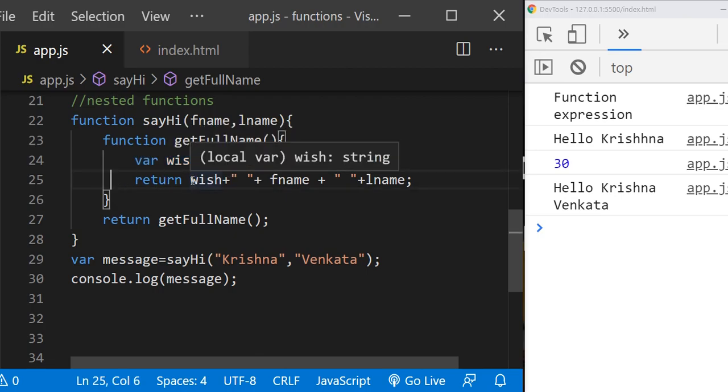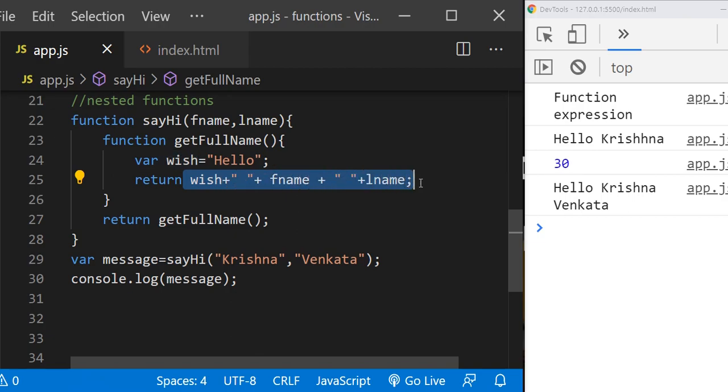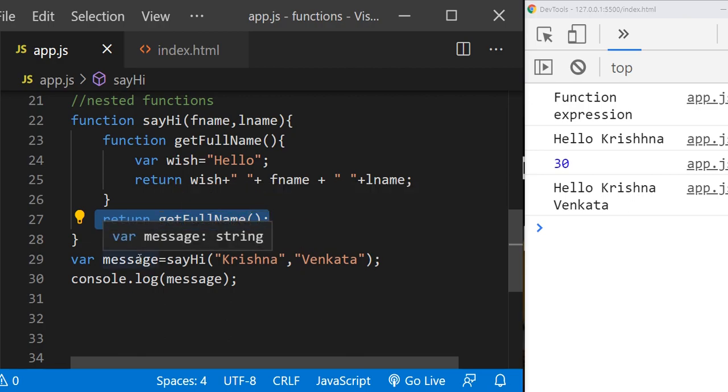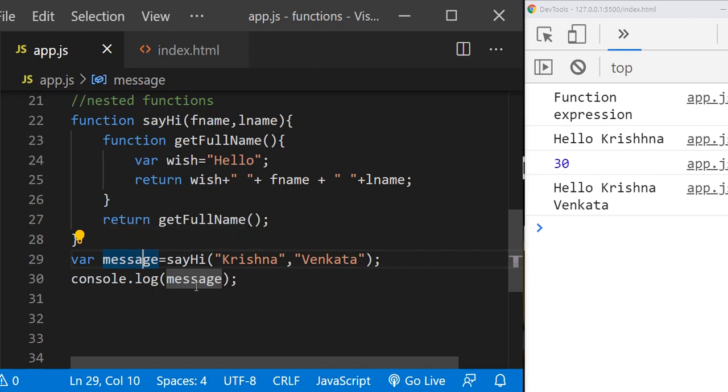Now it will execute this expression, wish plus first name plus last name, meaning hello Krishna Venkata, and it will return it. Once it returns, it comes back here, and from here it returns the value hello Krishna Venkata. That value is saved in message, and we are showing that message in the console log. So this is how it executes.